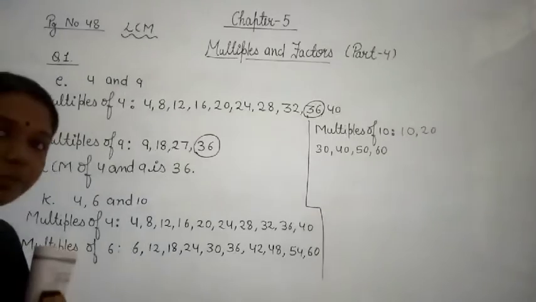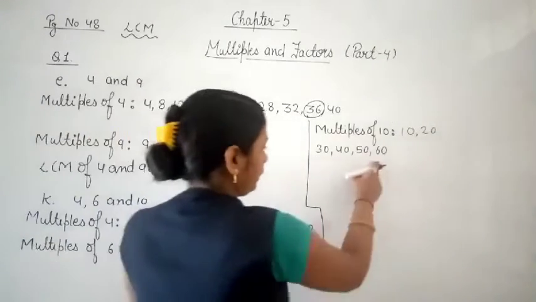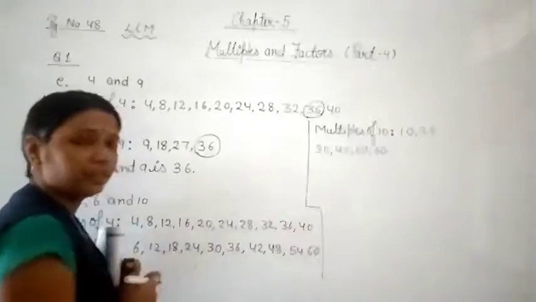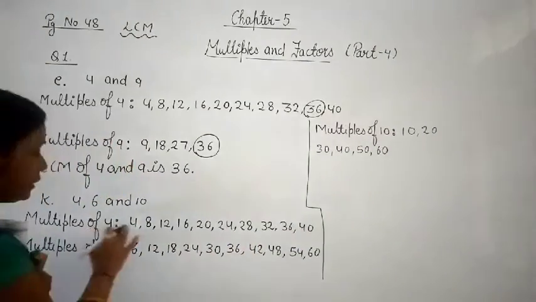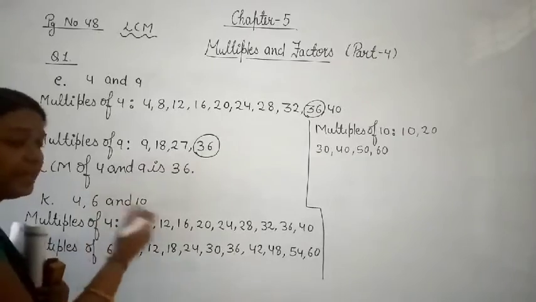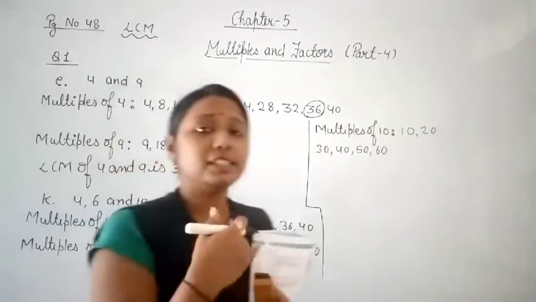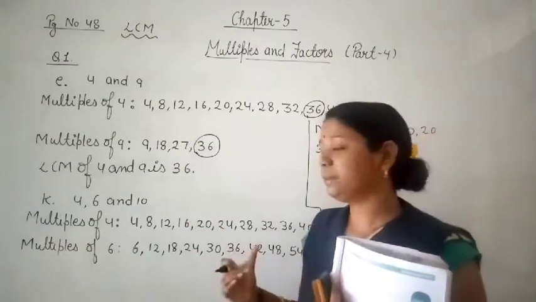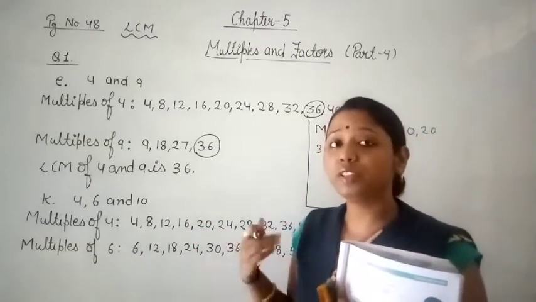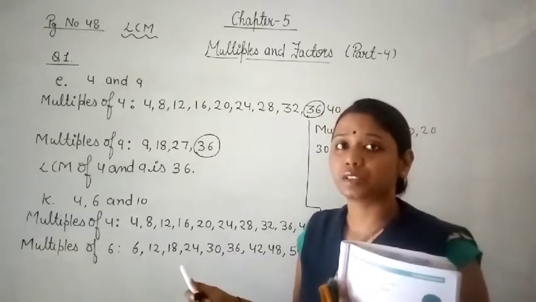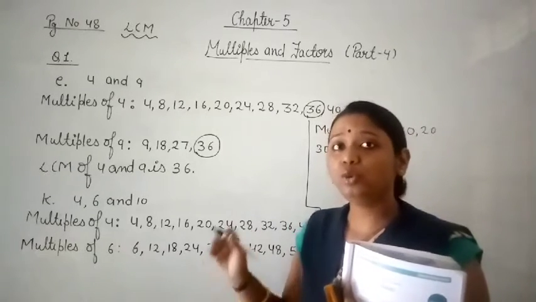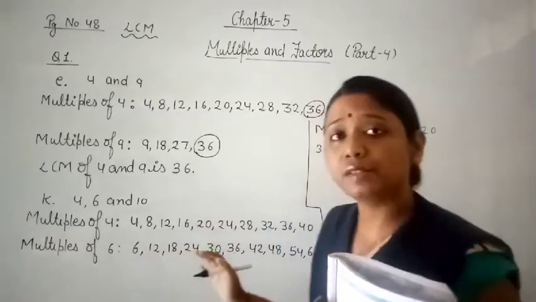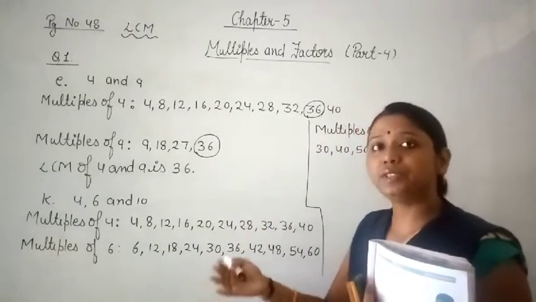Can you see something? Yes. Here in these two numbers we have got 60, but we have not got 60 over here in the multiples of 4, which go only till 40. So let us extend the multiples of 4 and check whether we are getting the common multiple 60 over here or not. For this we need to increase the multiples. If you are not getting a common multiple within 10 multiples, you have to proceed further.